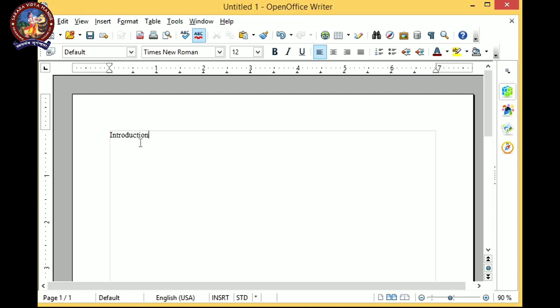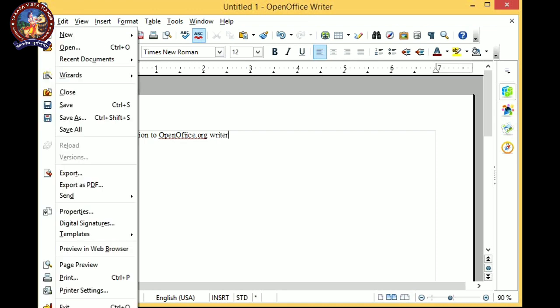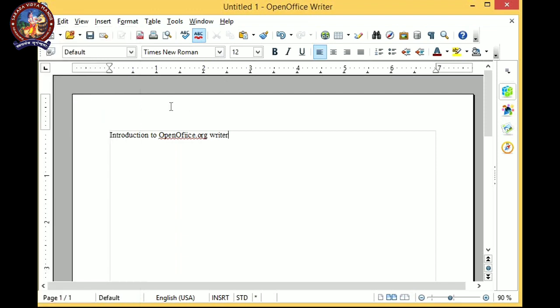Introduction to openoffice.org Writer, and we are going to save it. For that we have to go to the File menu, and there is the option Save or Save As also. There is a shortcut for saving, that is Control S. We can press Control plus S on the keyboard.